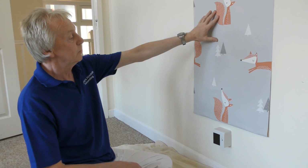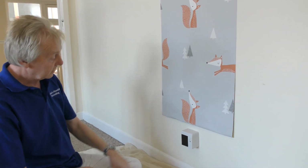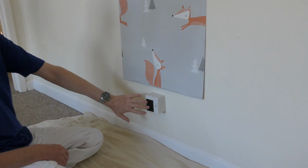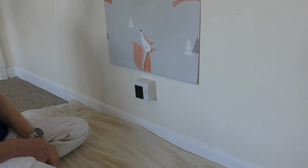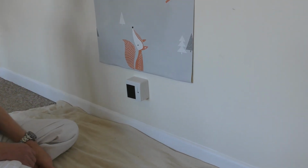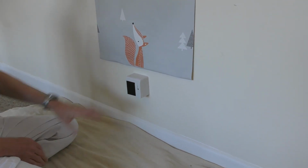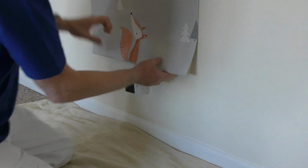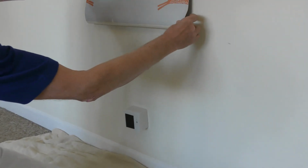So I've pasted up the wallpaper and I've applied it to the wall. I've also put a piece of duct tape over the socket to stop any paste going into the socket there. And you're also best to turn the power off at the consumer unit to your socket as well, to be on the safe side. Okay, so first what I'm going to do is release the paper